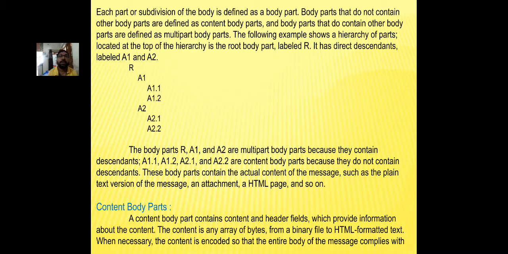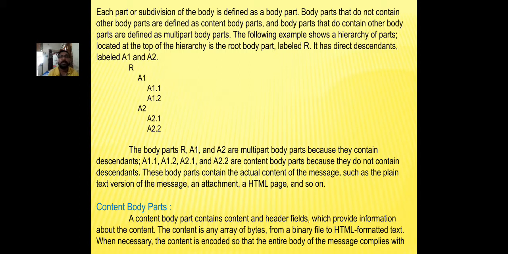The body parts A1 and A2 are multi-part body parts because they contain descendants. A1.1, A1.2, A2.1 and A2.2 are content body parts because they do not contain descendants. These body parts contain the actual content of the message, such as the plain text version of the message, an attachment, an HTML page, and so on.